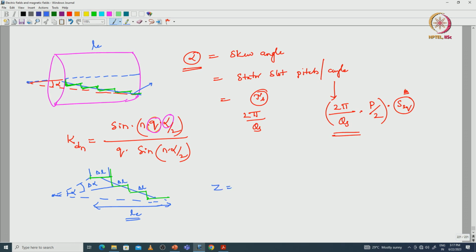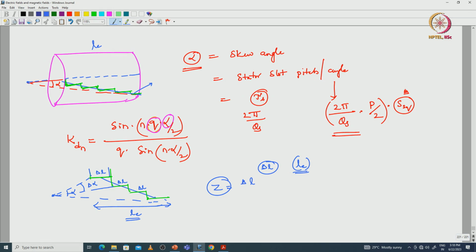Now we will find how many small straight bars are there in a skewed rotor bar, that is Z. Each skewed bar is made up of small straight bars. Each small bar length is delta L, and total length of a core is LE. Then we can find the number of straight bars